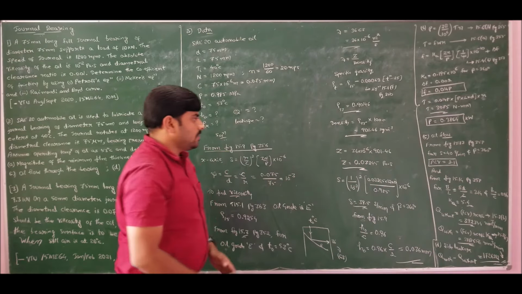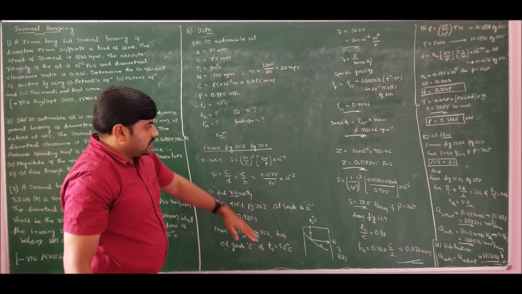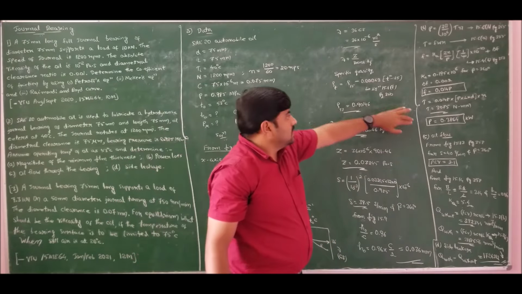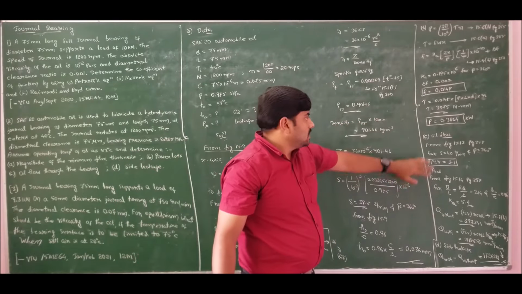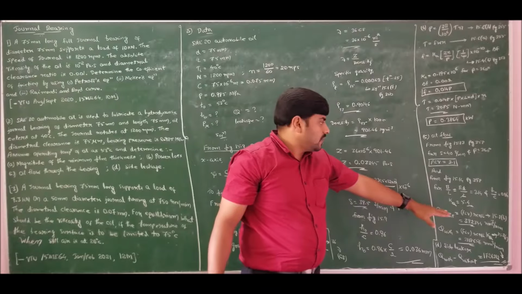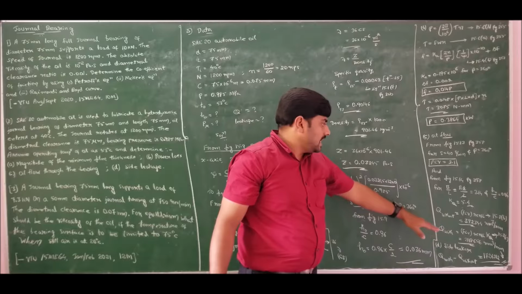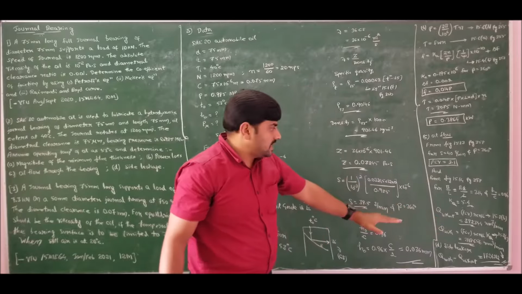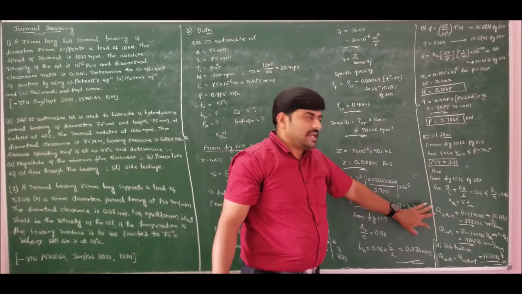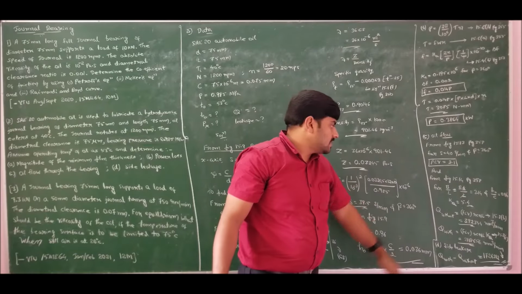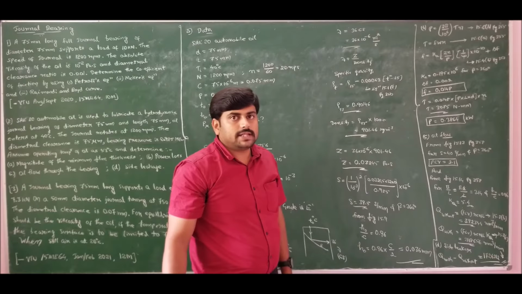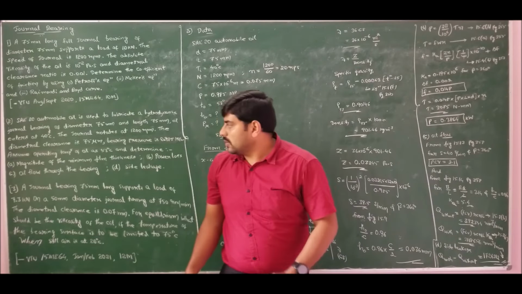So the solution for this problem is, we have the minimum oil film thickness as 0.036 mm, power loss is 0.3864 kilowatts. Oil flow without leakage is 392,344 millimeter cube per minute, with side leakage is 2,118,656 millimeter cube per minute, and side leakage is the difference of oil flow with leakage minus oil flow without leakage. The difference is 1,726,312 millimeter cube per minute. So this is the complete solution for problem number 2.